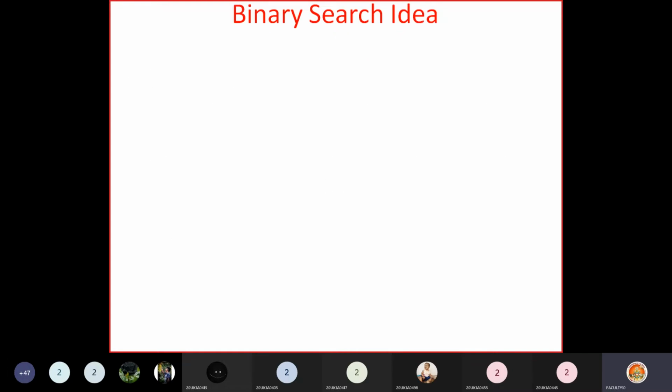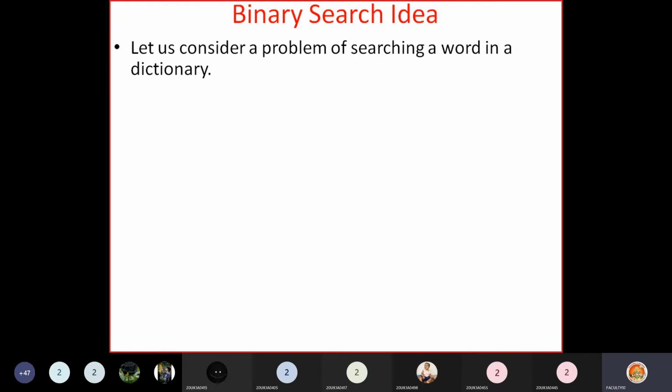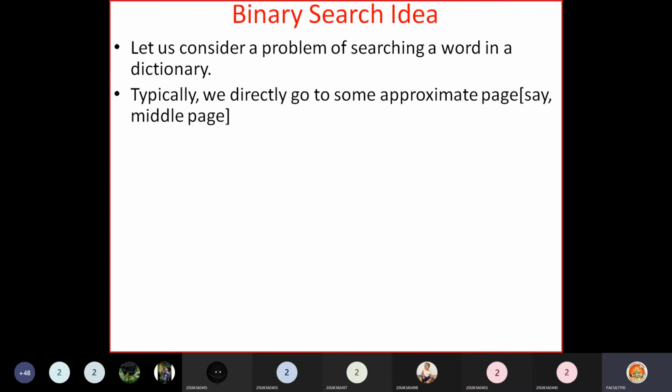I'll first explain the basic idea of binary search. Consider the problem of searching for a word in a dictionary. We might have used a dictionary for searching a word. If we recollect the way we searched for a word in the dictionary, it is similar to binary search. What we do first is directly go to some approximate page, say the middle page.